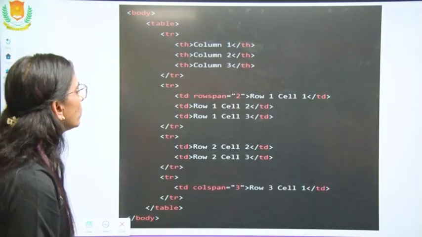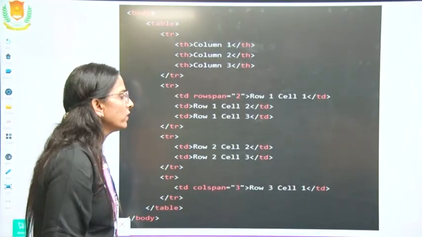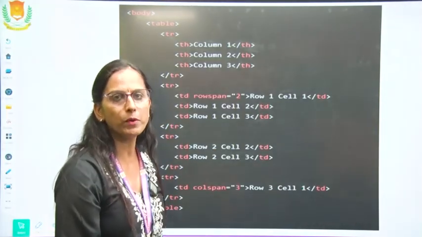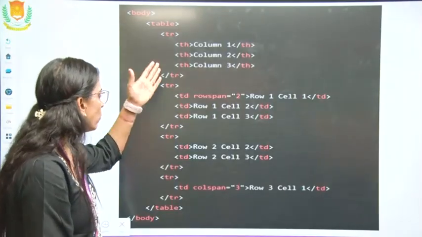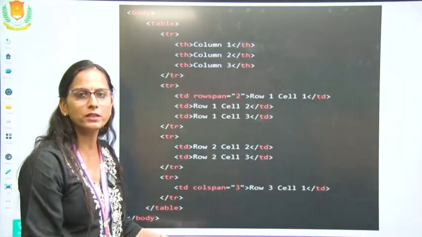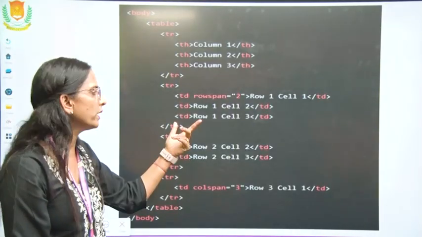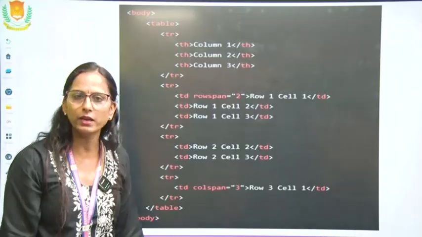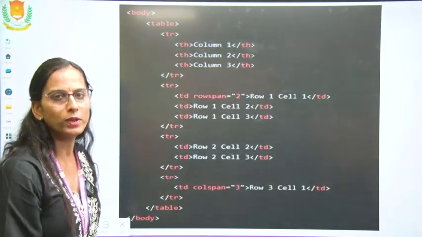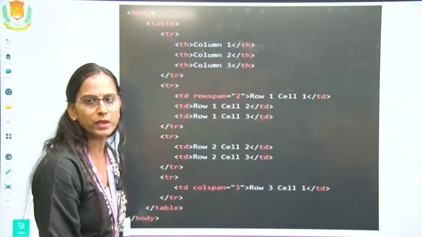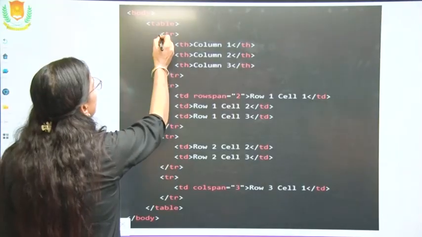Now, another example is there. These are examples which will help you to create the table, because when you are doing this coding for the first time, you feel that the coding of the table is a little lengthy to write, but here we have given many examples. You can take one of the examples and try it. The more you practice, the more you will understand and your concepts will be clear.